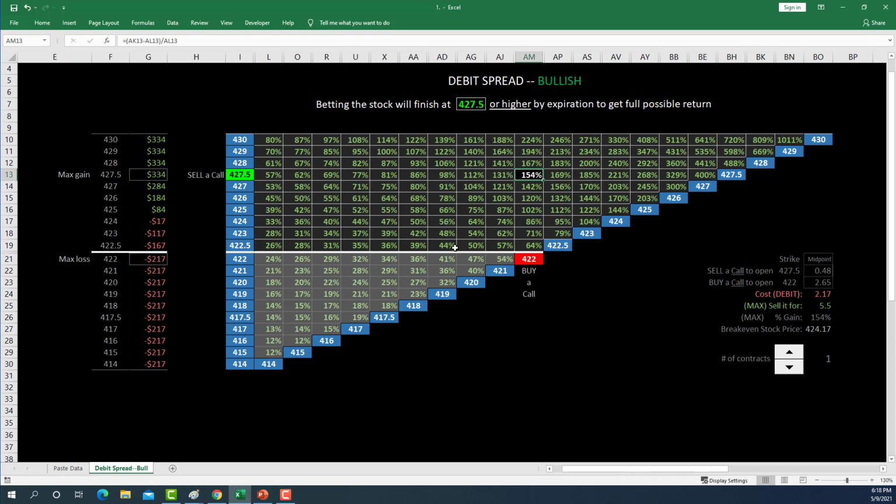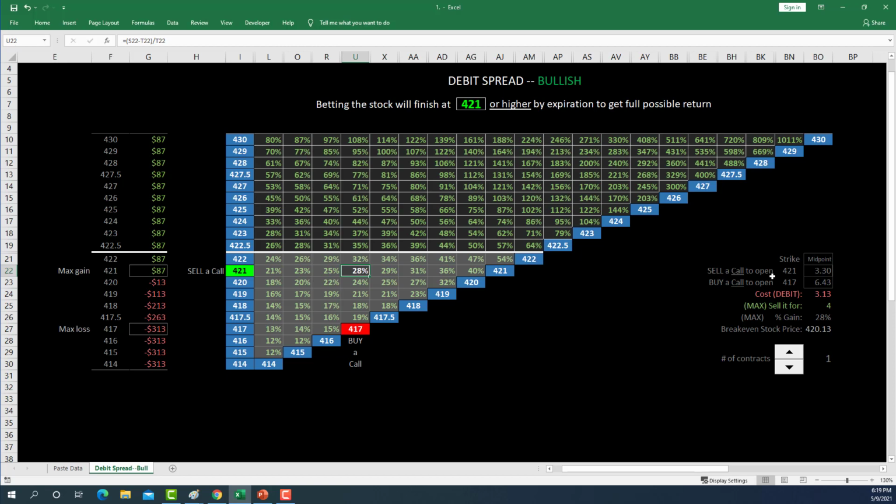The third one as an example, we said let's go ahead and buy the 417, sell the 421. There it's a 28% gain, and you can see what your max loss is, max gain. Again, you can up the contracts or lower them. And each time you see the breakdown of the